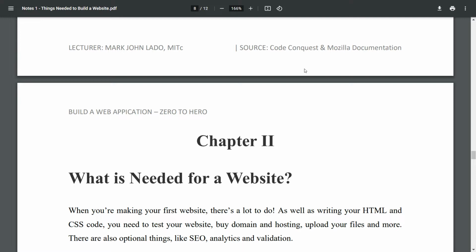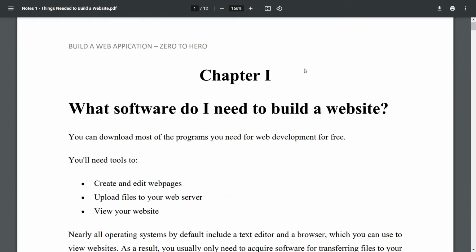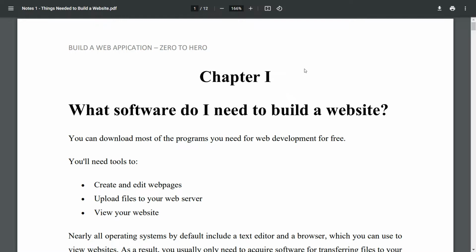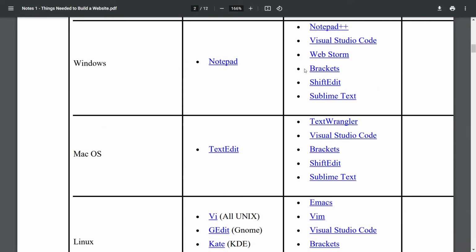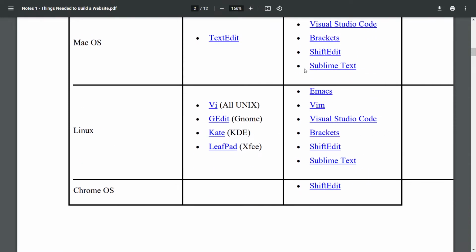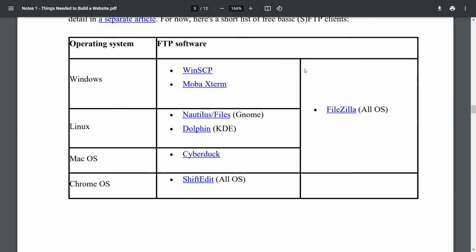So you are now here on the Build a Web Application playlist Zero to Hero. So karon na nata sa chapter 2. So as a recap sa ato ang chapter 1. Last chapter we talked about the softwares that we needed to build a website. Then we talked also about the list of text editors for Windows, Mac OS, Linux, and Chrome OS. So if wala pa kakakita ani sa video, then you can check my previous video for this one. Okay? So now let's go to our chapter 2,